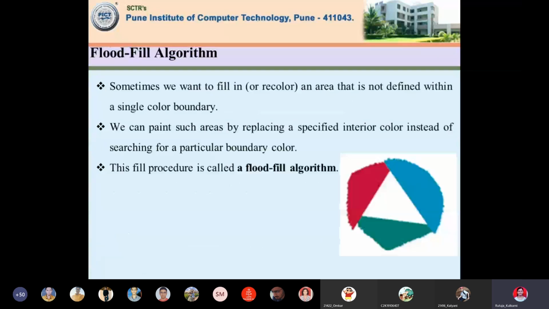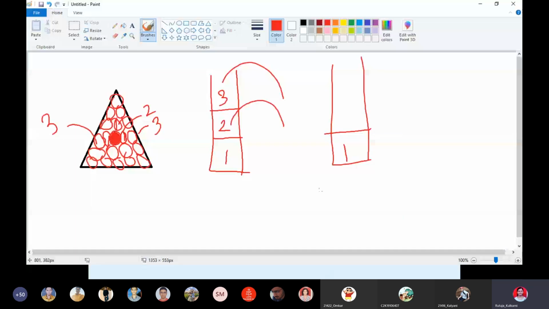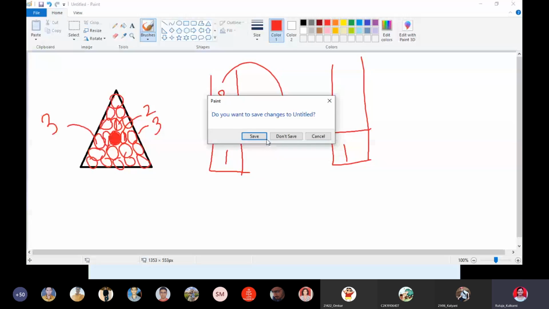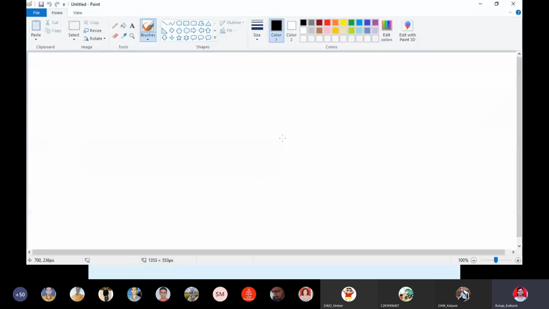Let's move to the next algorithm, that is the flood fill algorithm. As I told you, sometimes we want to fill an area that is not defined within a single color boundary. Let's say I draw a polygon with different colors. I will draw it with lines.